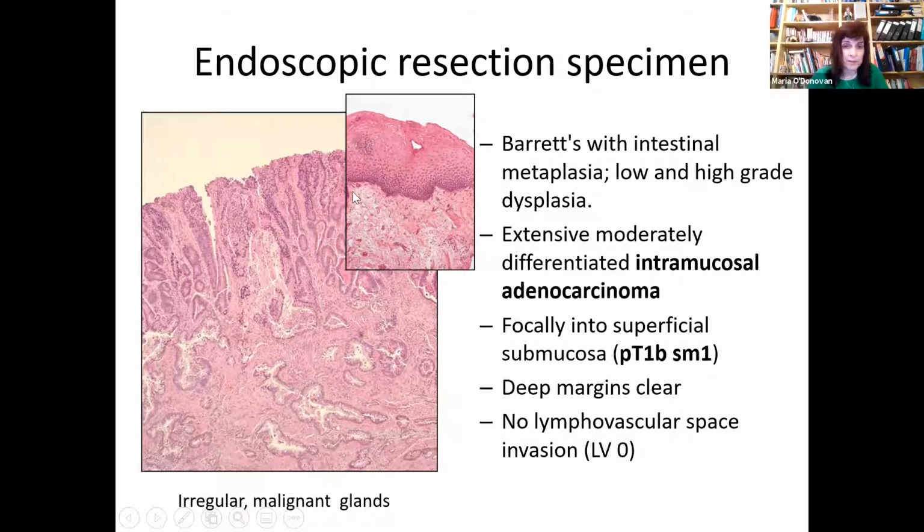So the normal esophagus is just in the corner here for comparison, the normal lining, but instead what this patient had was abnormal columnar epithelium with these abnormal glandular structures, and they become very irregular. They're crowded, and they're spaced irregularly. And when you look at them closely, you can see there are abnormalities, and there are some variations in the shape and sizes of these glands, and they're extending deep. So this is superficial, and it's extending deeper within the tissue, but still just extending